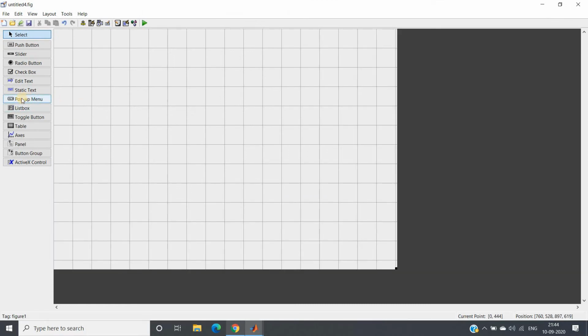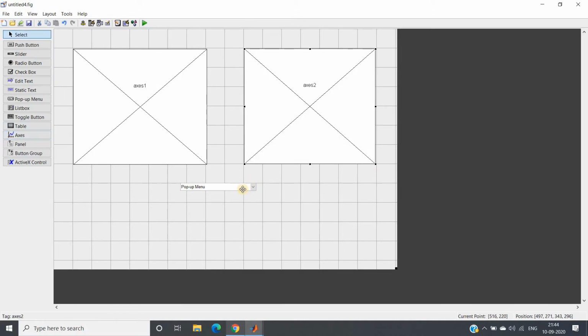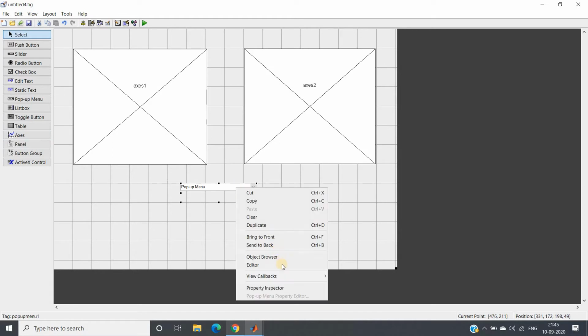Here you can see pop-up menu, okay? Just drag and drop it. Here I will make this a bit bigger, right? I can keep this in the lower part, also in the middle part like this, okay? And here I will be taking two axes. One is this one, and one more we will be taking here, right? Two axes, right? All right, so what we'll do, we'll click on pop-up menu,